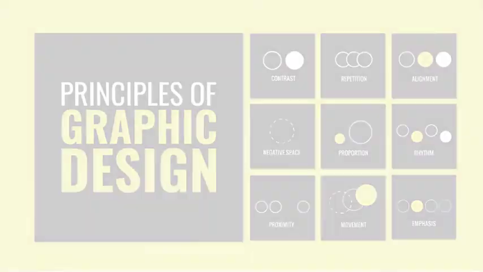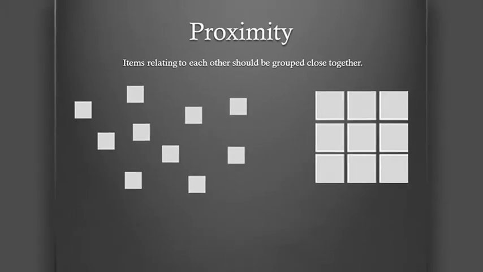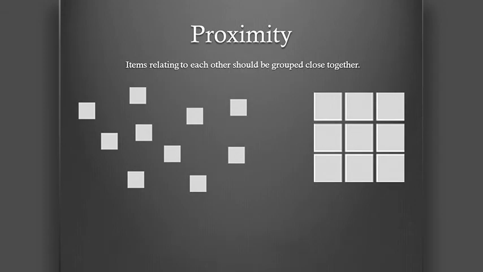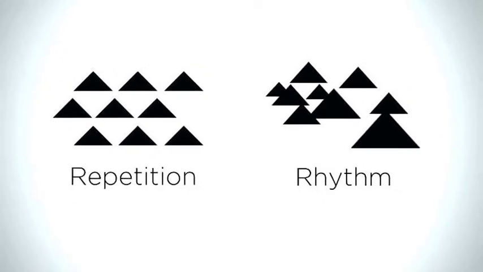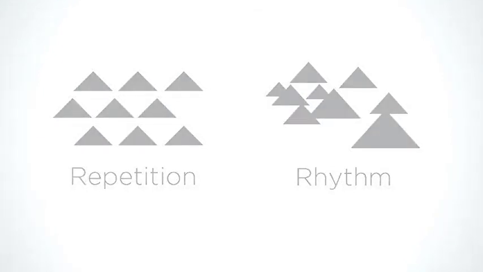Now we will see the principles of graphic design. Proximity is one of the principles of design. Proximity is nothing but being close or near. For example, standing next to someone. Repetition is also one of the principles of design. From the word, repetition means simply repeating a single element many times in a design. Using some colors, shapes, textures, and fonts in design, you can make an eye-catching design.